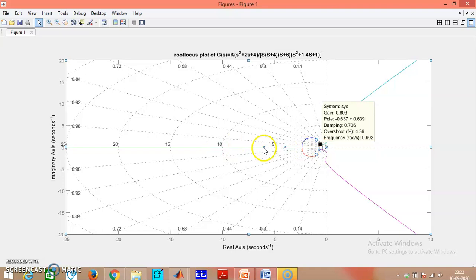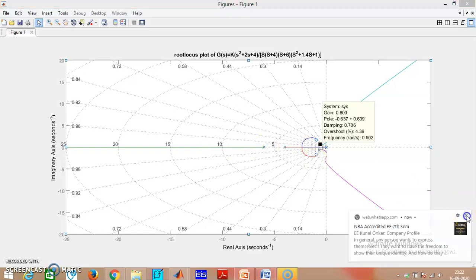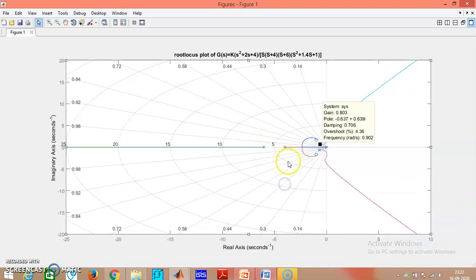If I want to know the information on this pole, I can just make a click on it, and just like we were doing for time response, we can take the information. So at any point when you click, you will get the gain of that point, then the location of the pole, then how much is the damping at that point, what is the overshoot at that point, percentage overshoot, and what is the frequency at that point in radian per second. So this complete information you can get from the root locus. For any root locus you can get this information.